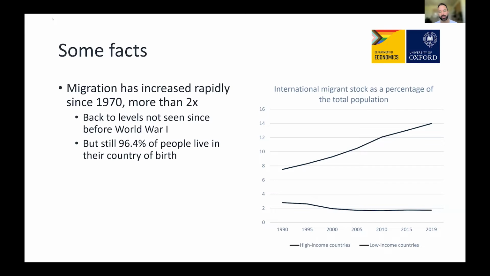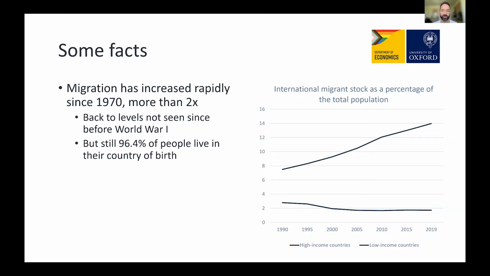Now, even though this is an age of migration and the share of people living outside their country of origin has increased rapidly, it is still relatively small. So globally, even now, 96.4% of people still live in the country of birth. Even though this is a very important political topic worldwide, it's still a relatively small phenomenon. You see here on the right that most of this migration is going towards high-income countries,